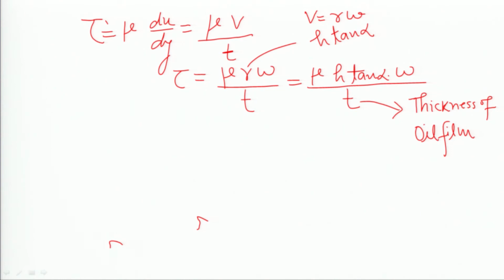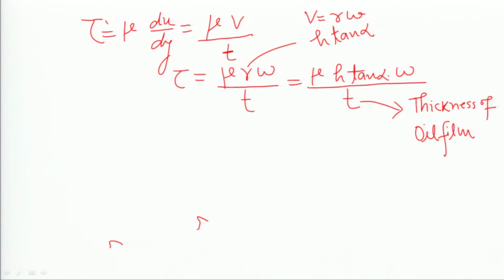So once we have the shear stress, then we multiply to get the force, then the torque, then the power. This is the step: first shear stress, then force, then torque, then power. So this is step by step. The primary calculation is the shear, which we have already derived in the shear equation.